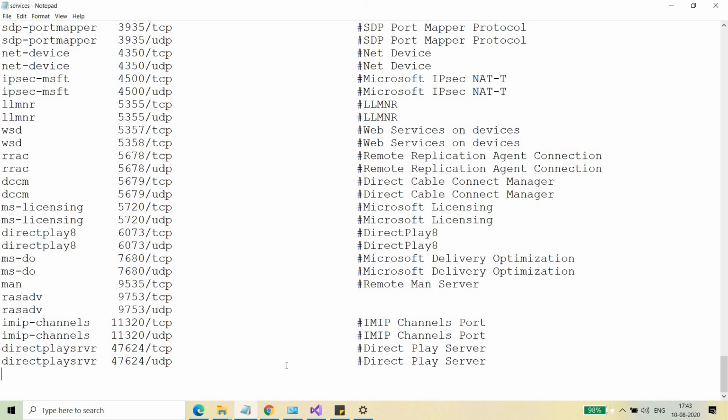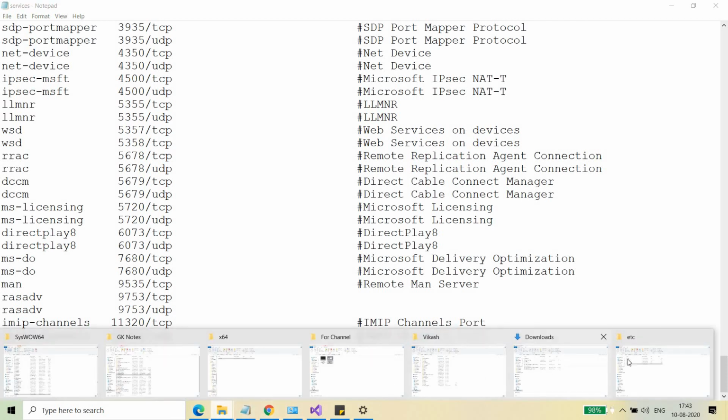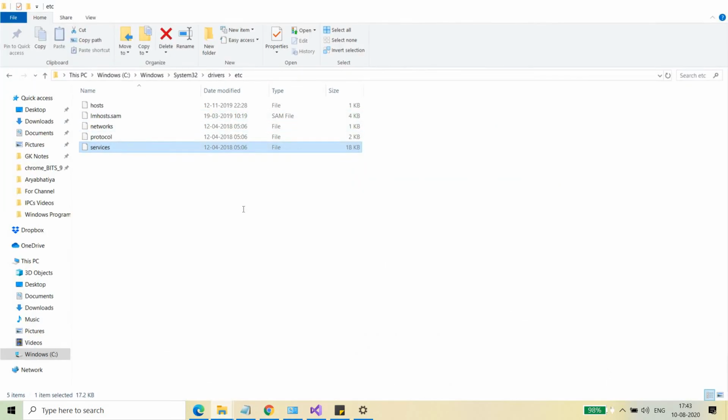So you need to create a setup in that way. To let the client application know what service it is going to connect to, at what port, and using which protocol, you just need to update your services file, which is available inside your etc folder.